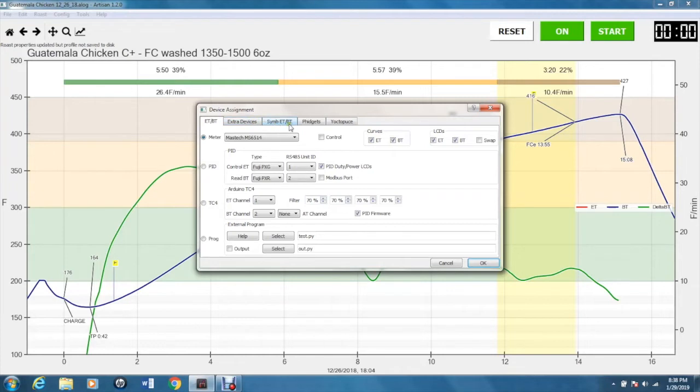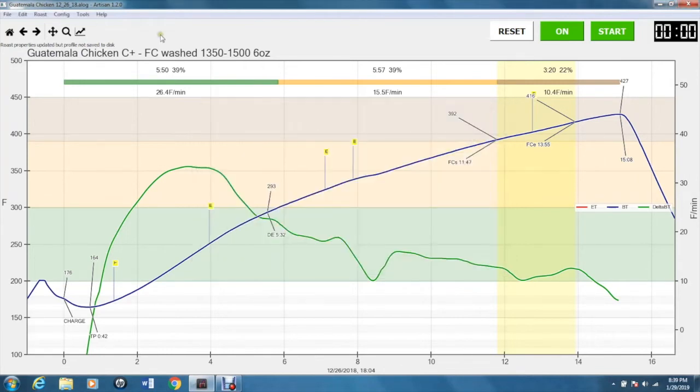I don't have any of these other things right here, any extra devices, so this is the only thing that I use right here. I have these boxes checked. Most of the stuff was how it came. I don't know any of these things, so I'm pretty sure that's just the way it came. Okay, so let's look at config,